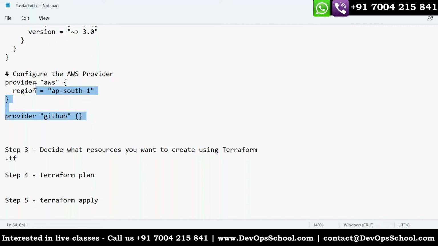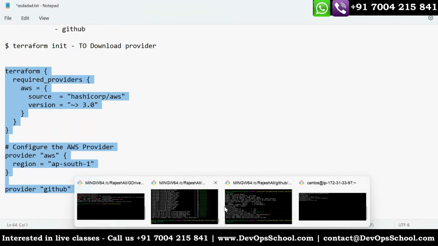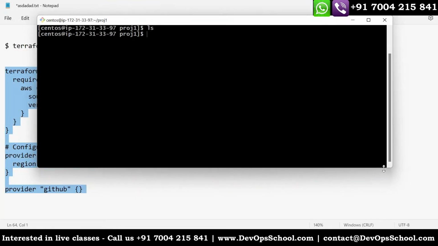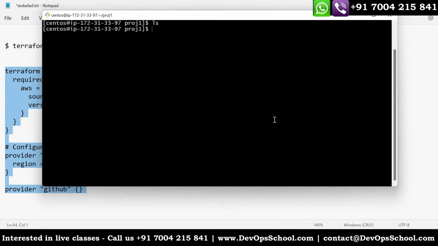So what I'm going to do, guys, this code, very simple. This code I am going to store in some Terraform program, and typically, I'll create one project here. What is the project? So project one. I'll go inside the project one. I hope you are able to see my screen, all of you, right? Yes. That's correct. So here I am inside this directory that's called home CentOS project one. And here what I will do, I'll create one file,